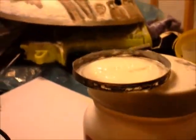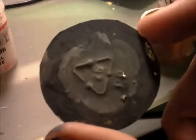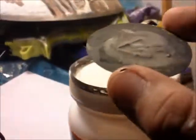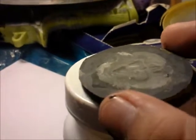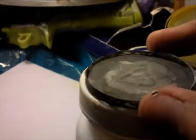Okay, so here's the second part of the method of making a mouthpiece with the same cup. But it turns out that by cutting this way, it creates this nice little space like that. And of course I grab another one. This is the other cup I use and I color into it. So cutting it a little bit smaller, once it's dry I could simply place it right in there, and just like that,